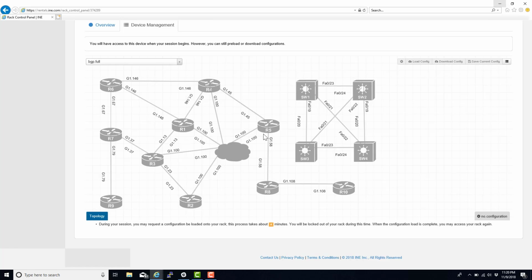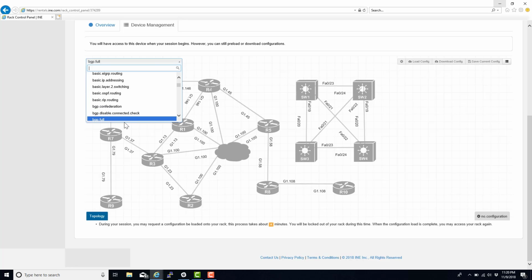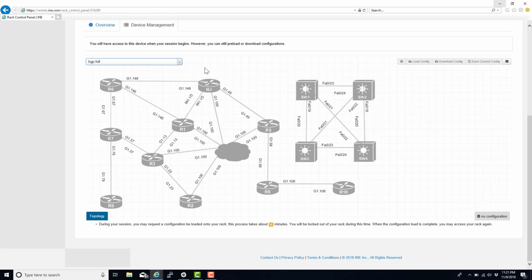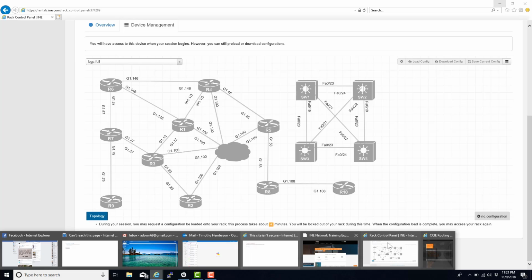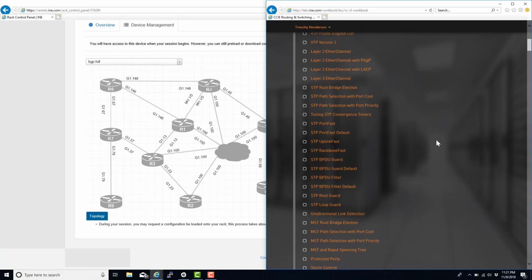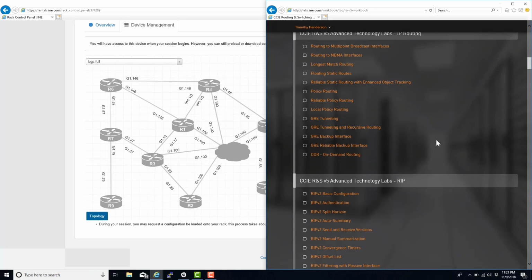We're going to be using 10 different routers and 4 switches for our topology, and we've also loaded an initial configuration of BGP full. As you can see here, there's a lot of options we can start up with for our initial configs. Now, a lot of these initial configs have to do with the workbooks. If we come over here to our workbooks, we can open up, say,